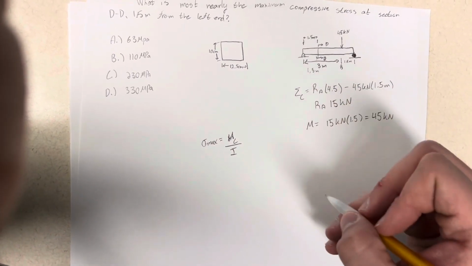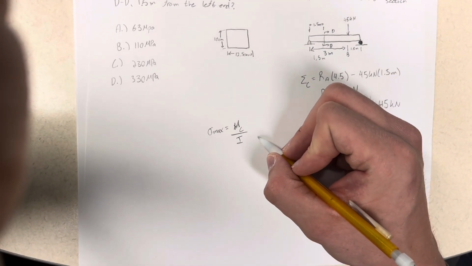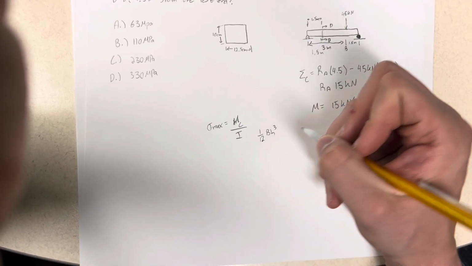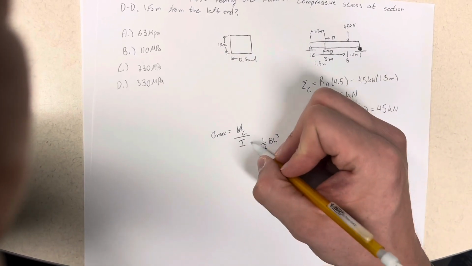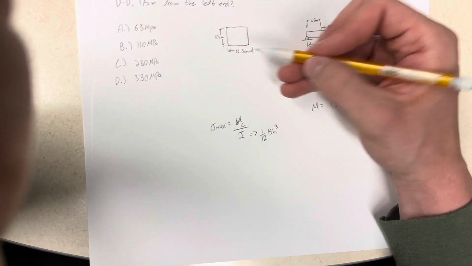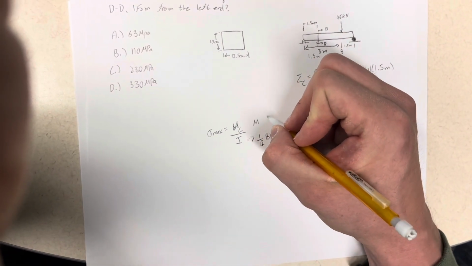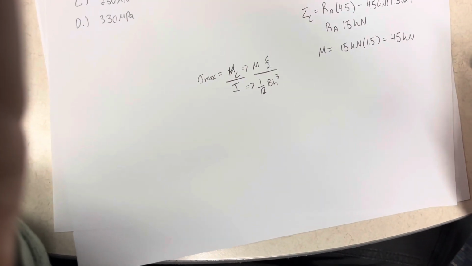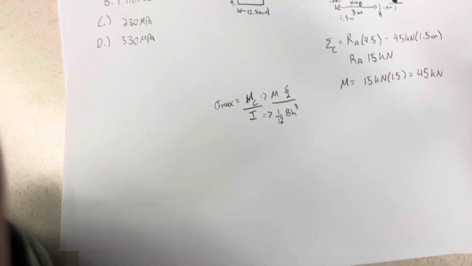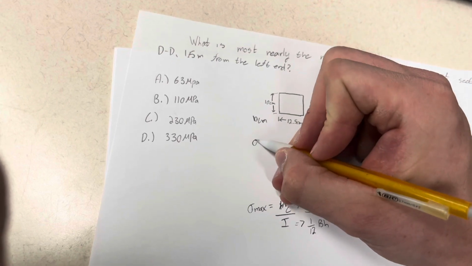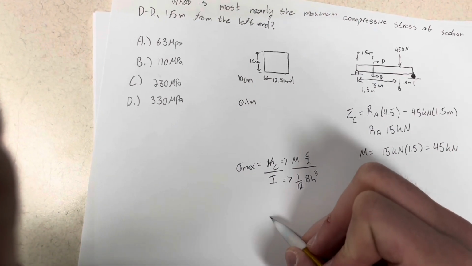I, because it's the inertia and because it's square, is going to be 1/12 BH cubed. C is the distance, the height divided by 2. So it'll be M times C, which is h over 2, over 1/12 BH cubed. We have to convert everything to meters because right here we're given 10 centimeters. So this will be 0.1 meters. The moment is